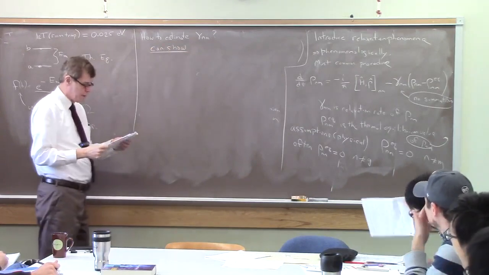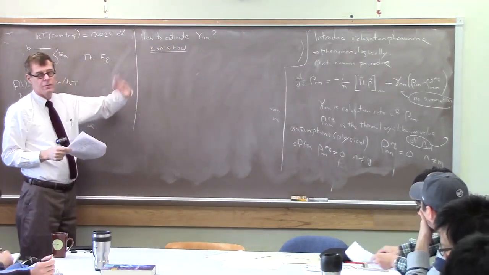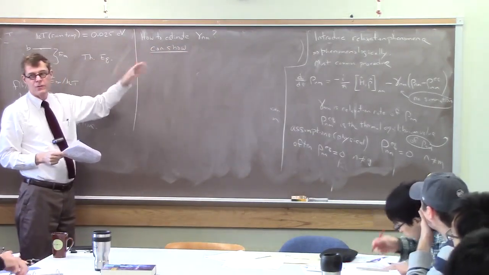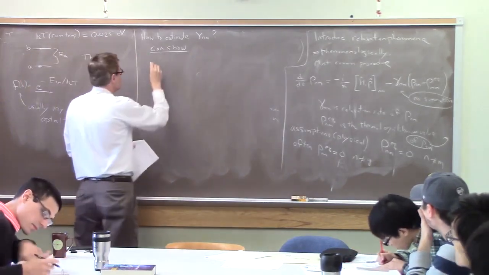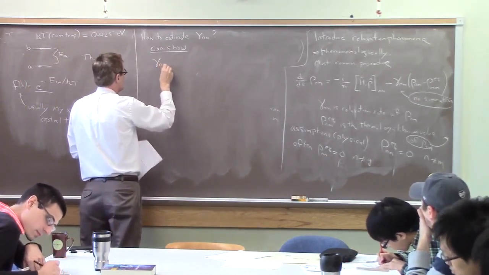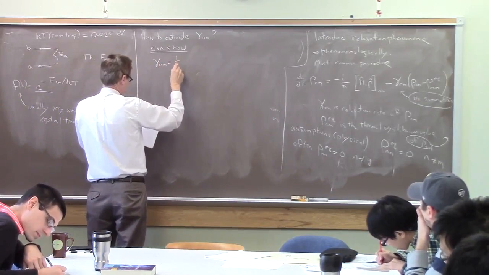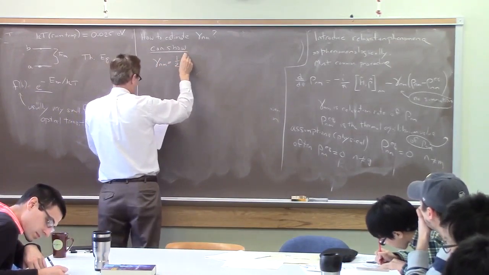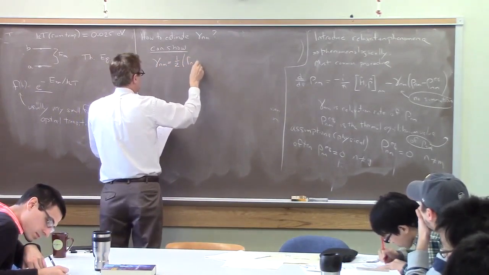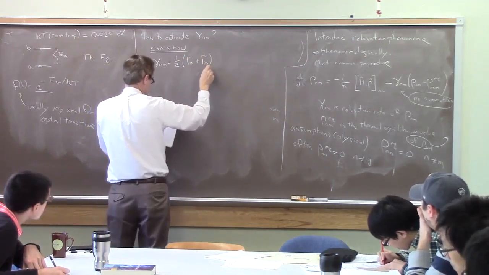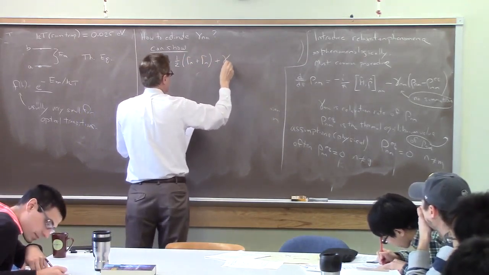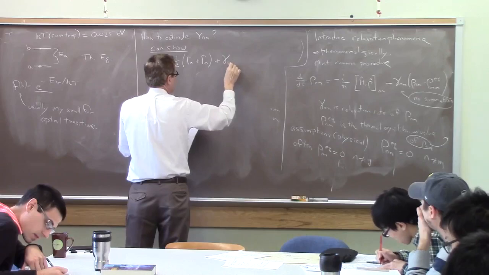Well, you can show the following. In fact, not only can we show it, but I'll actually sketch out how you show this. That gamma NM is equal to 1/2 of gamma N plus gamma M plus gamma NM